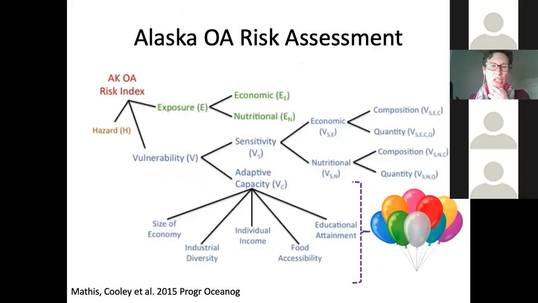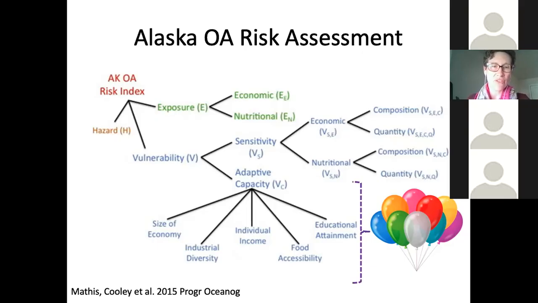So this is the logic model. You don't have to take away the whole logic model. It's well described in the paper in 2015. We used it for our risk assessment for the state of Alaska. We created this unitless risk index because we wanted to look at differences between communities. And a key piece of the information we used was subsistence harvest information, so we could really look at dependence on these things. But then we also looked at variables related to adaptive capacity.